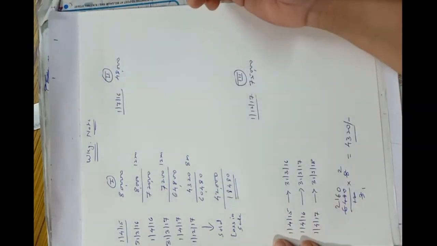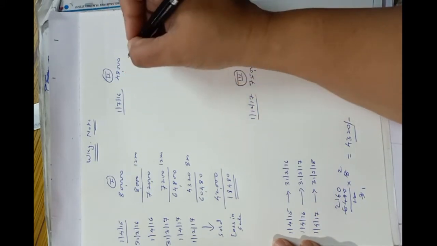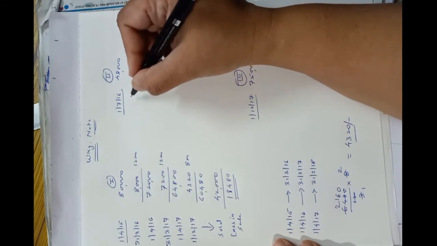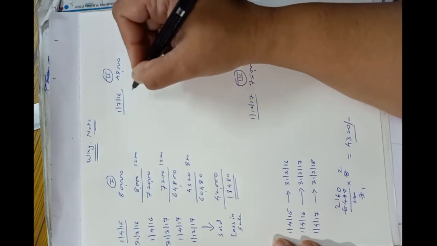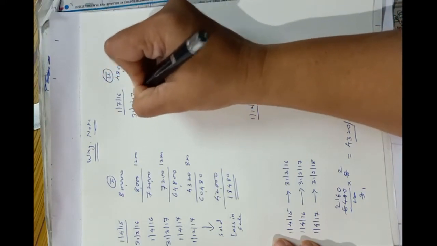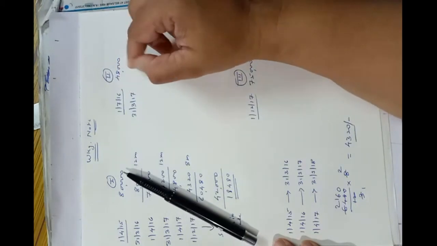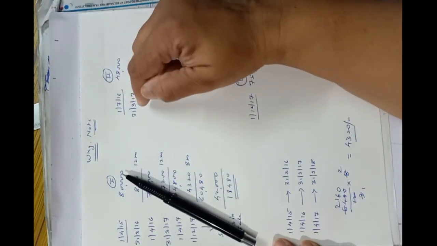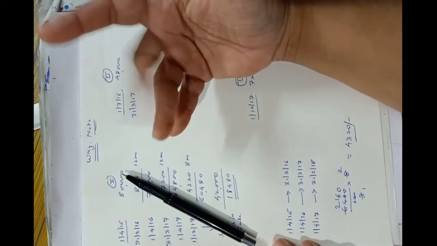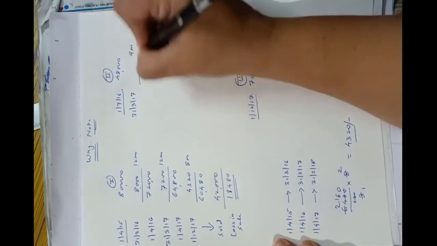Okay, now the second machinery. It was purchased on 1st July 2016 for rupees 48,000. After July 16: July, August, September, October, November, December 16, January, February, March 17. The year end will be 31st March 17, and the use of the plant will be from July to March. July, August, September, October, November, December, January, February, March. That is for 9 months. So we have to deduct the depreciation for 9 months.